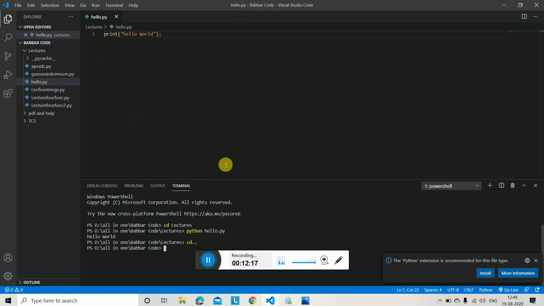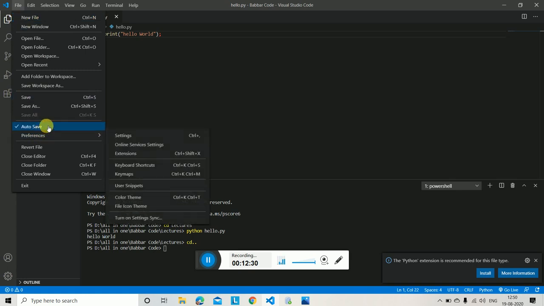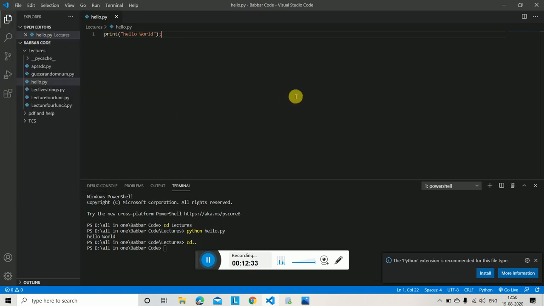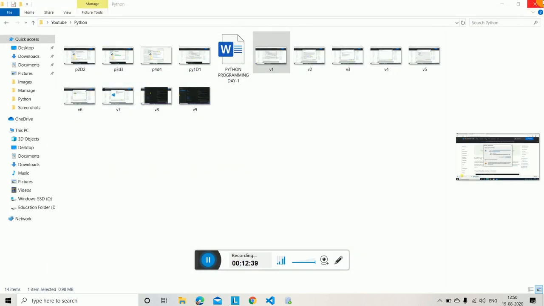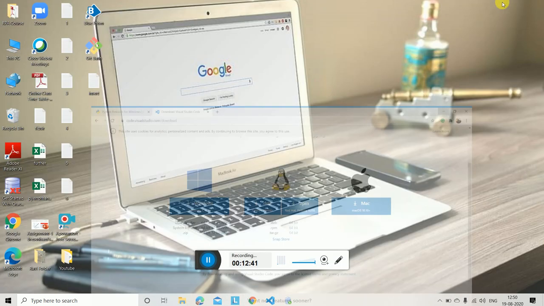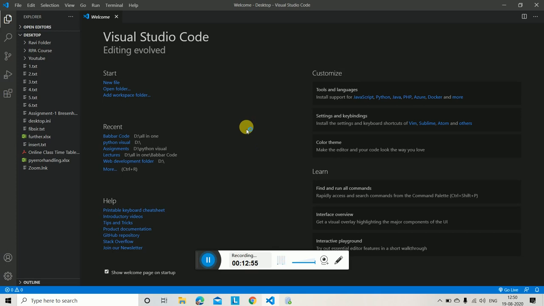Okay, I think you all are able to know about Visual Studio Code now. And then if you want to have a new file or new project, you can go here. If you want auto save, it is preferable, you can choose here. And then see, I am closing. Okay, I want to say something. If you right click on something, see here it is giving me open with code. I will click here, it will directly redirect to Visual Studio.